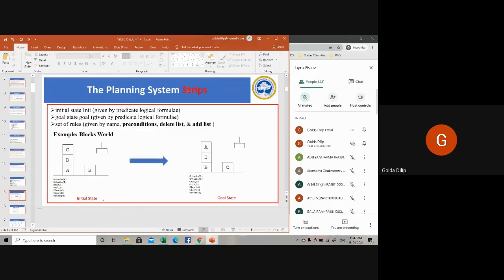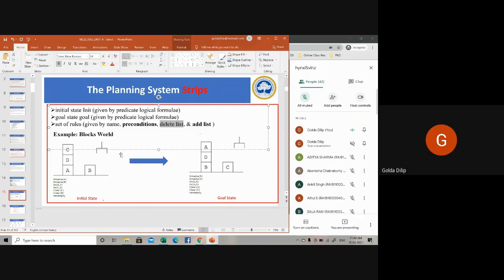I'll explain this STRIPS representation with an example; I'm just giving you the introduction. The STRIPS representation will have three lists: a set of preconditions, then an add list, and then the so-called delete list. The preconditions will contain the predicates which have to be true before the operation, the initial state and other things.